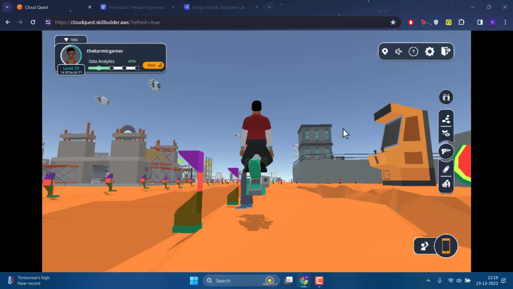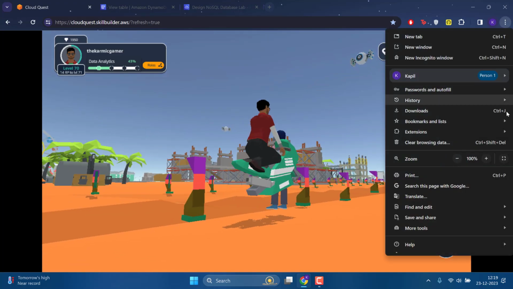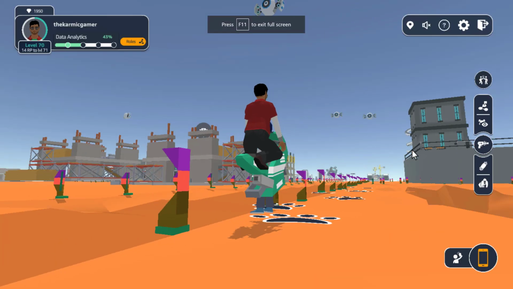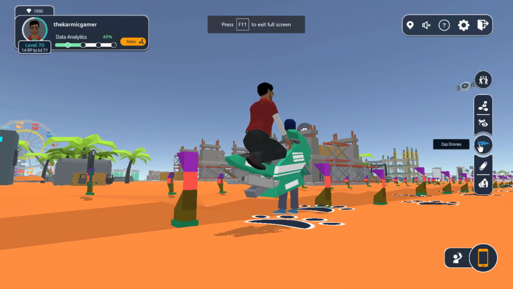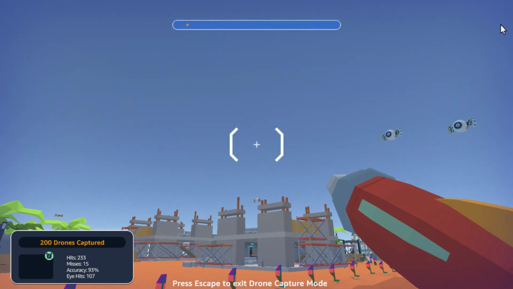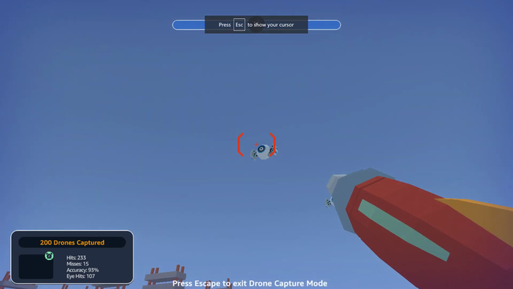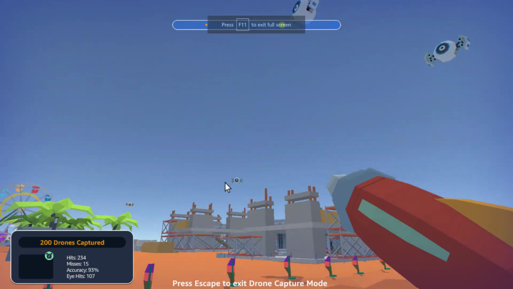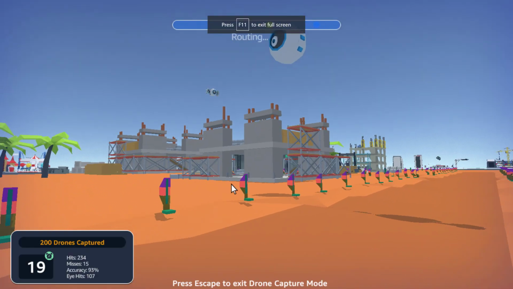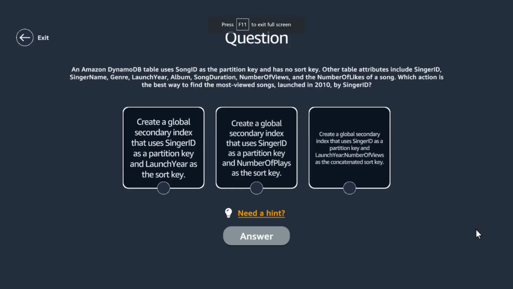Okay, so stick around. Now it's time to zap these drones. So let me make this full screen. Actually, it's time to zap the drones. How do we do that? Click on the zap drones, and I think I need to use both my hands here. Route and go, which is here. Let's click on that green. Now they will ask us questions, as I mentioned. Let's hope we answer them correctly.